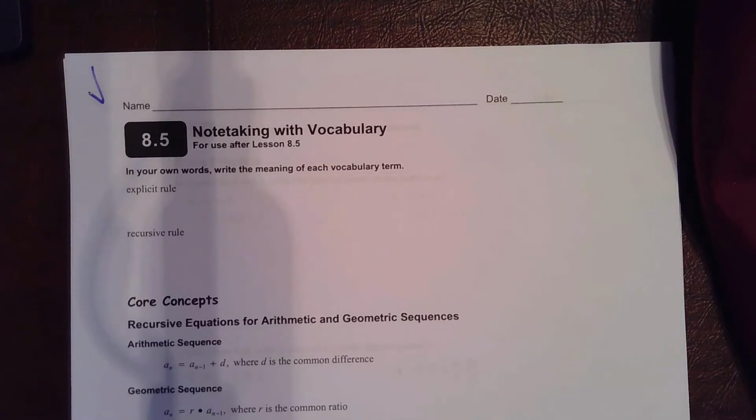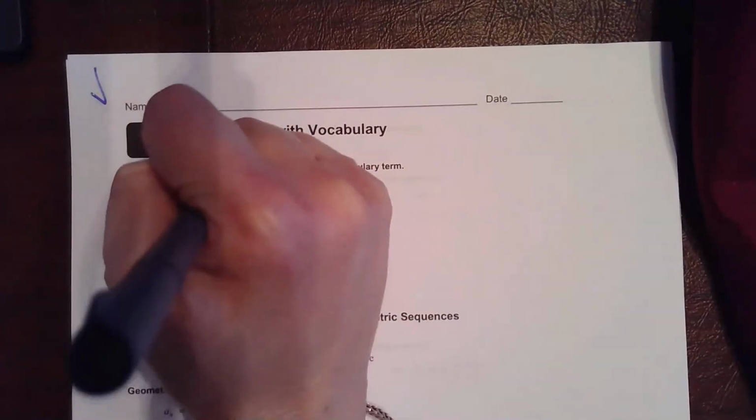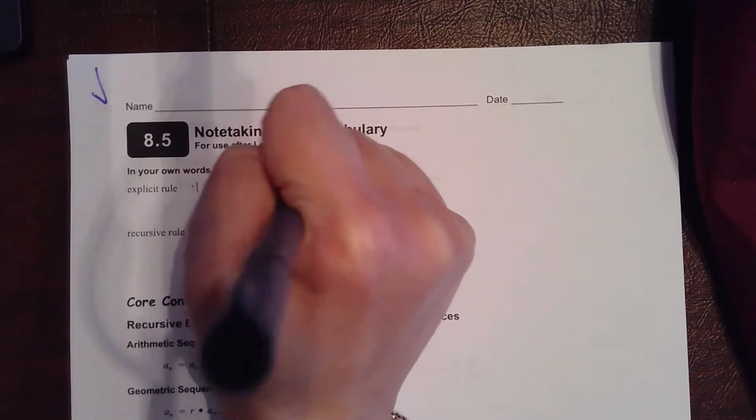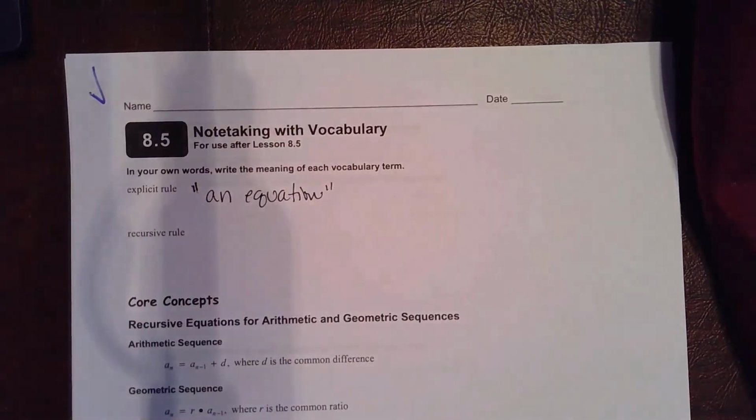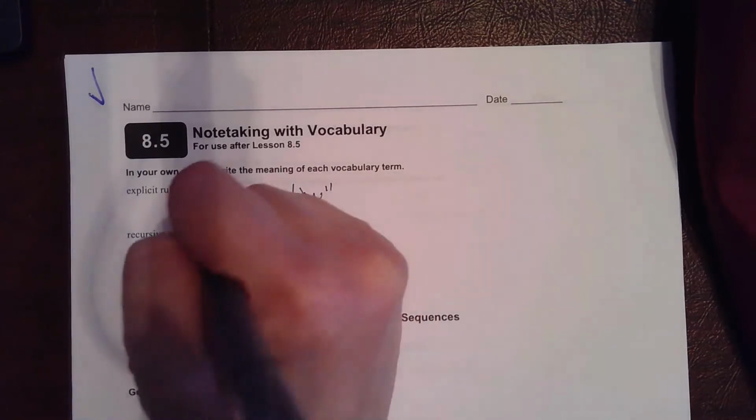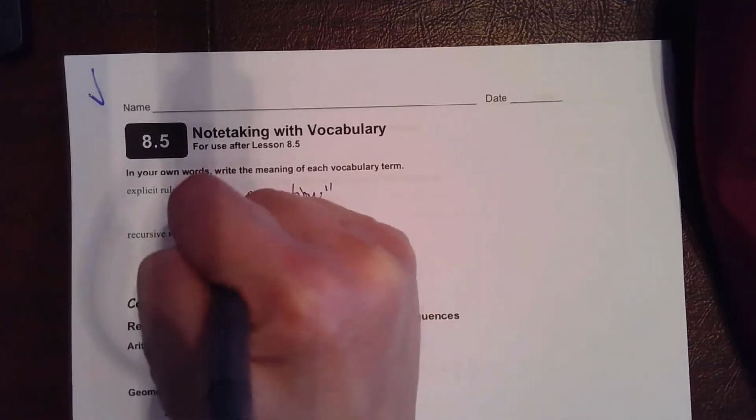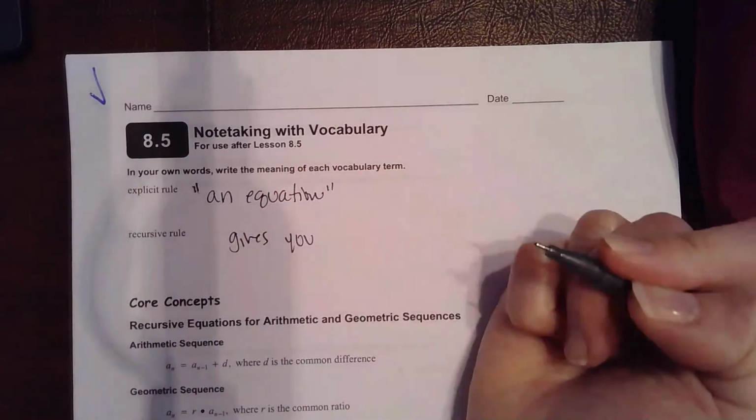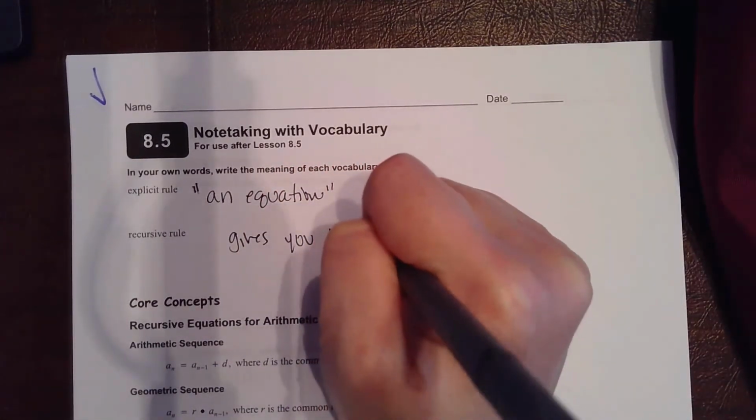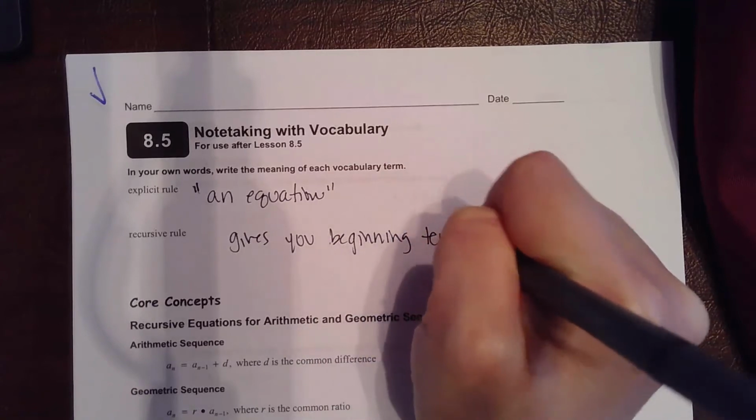An explicit rule gives a sub n as a function of the term's position number n in the sequence. In other words, it's giving you an explicit rule. What I want you to think of it as is an equation. It's not the formal definition, but that's what we're referring to. So an explicit rule is like your a sub n equation, whereas a recursive rule tells you a starting point, so it gives you, we'll say, beginning terms,